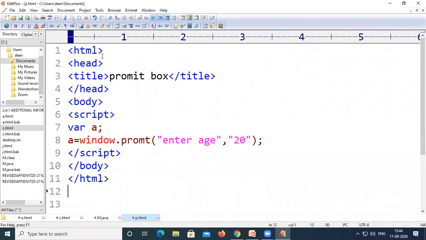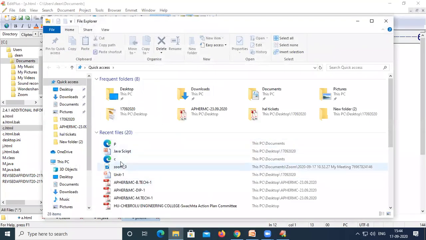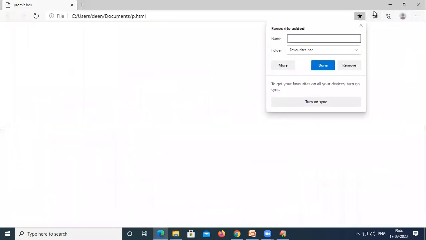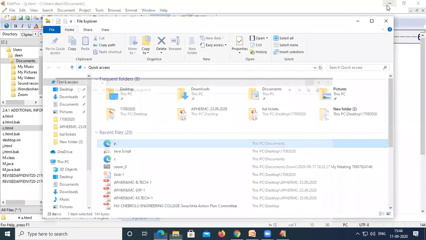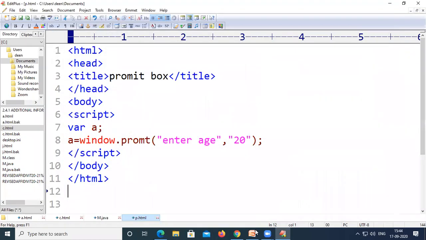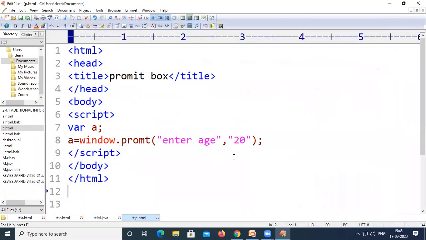Now go to the documents and open this p.html. Here it is. We have p.html here. So right, if you observe the output, one second, it has gone away.